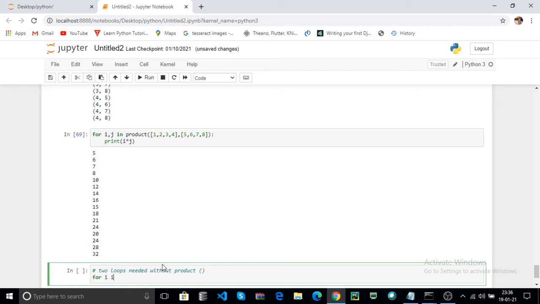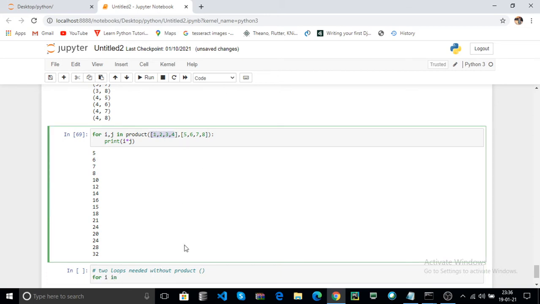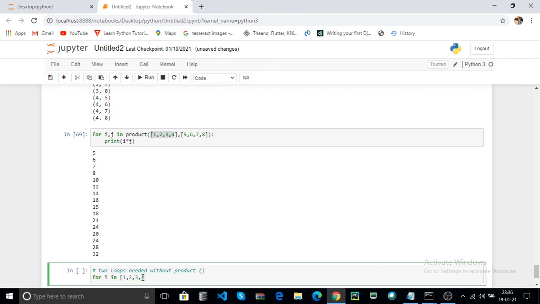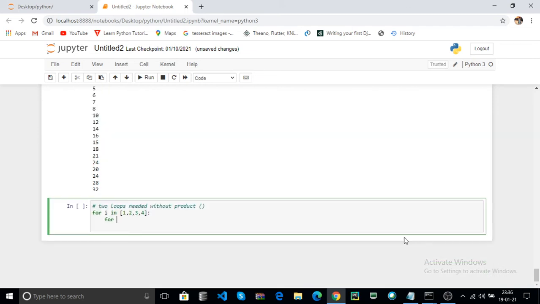How? For example, for i in the first list 1 2 3 4, and the second inner loop is for j in 5 6 7 8.